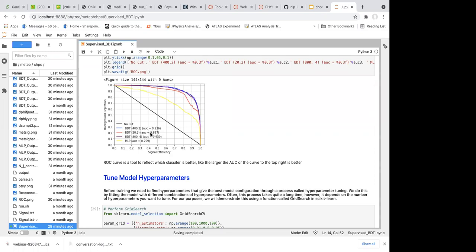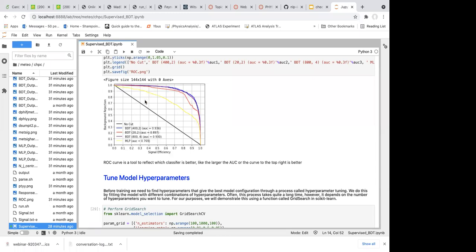This is as we expected, because we set very light hyperparameters. We didn't set a huge value here. And then if you compare these two, the 40 and 2 and the 80 and 4, you will see that the performance is actually very alike. Even the two curves are almost identical, with only a little difference at this place. Even though the first one has slightly higher AUC than this one, it doesn't mean that it is significantly better, just comparable.